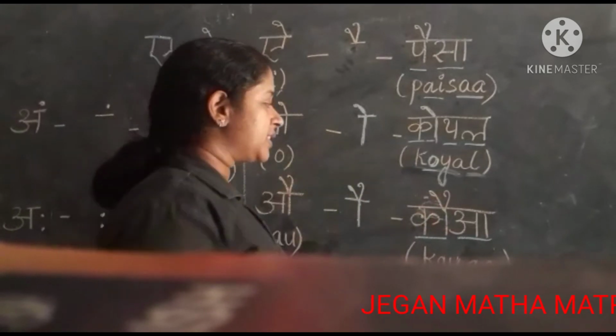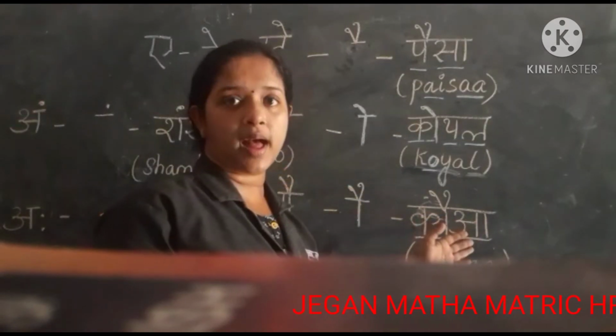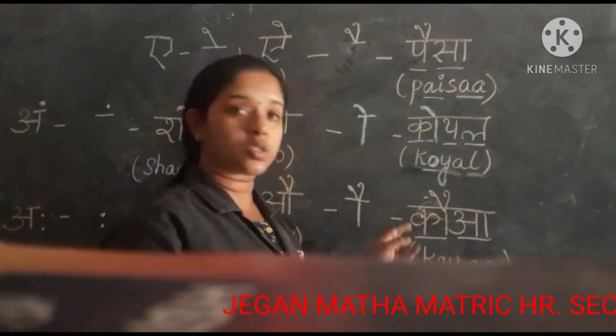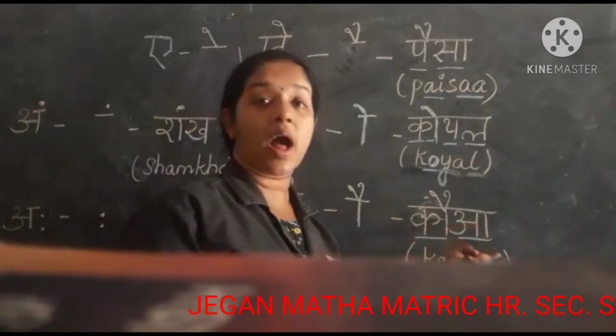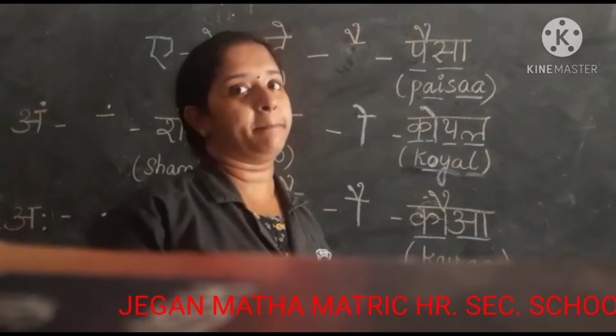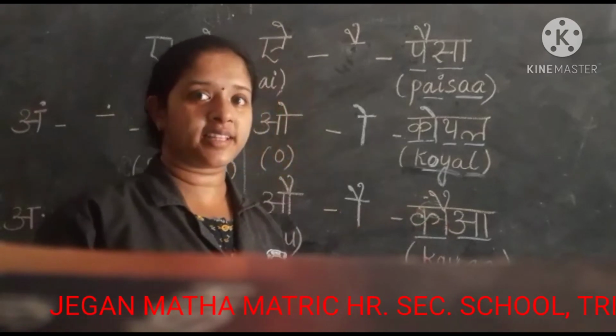So how will I pronounce it? As cow a. It is a swar a, isn't it? It is a vowel a. This is the symbol of ow, and this is consonant ka. So I will pronounce it as cow a, kawwa. Kawwa means crow. Okay, crow. Kagam. So we call it kawwa in Hindi, or crow.